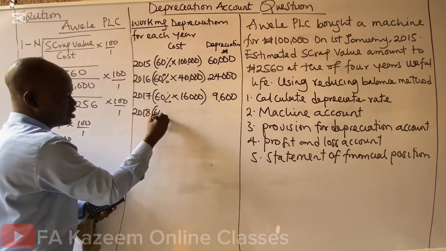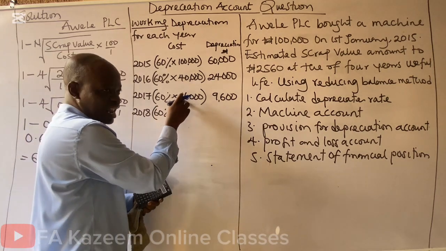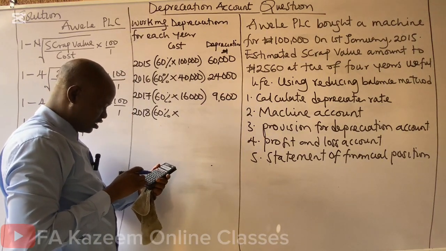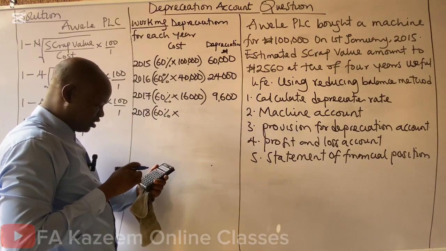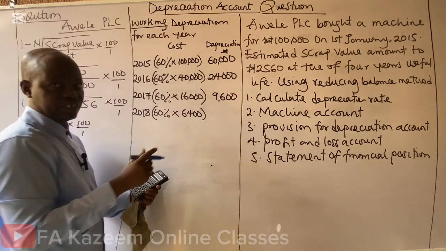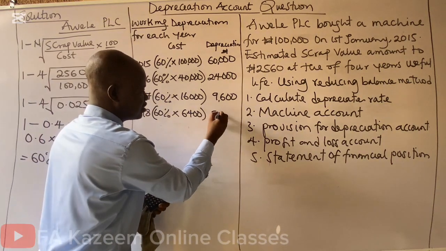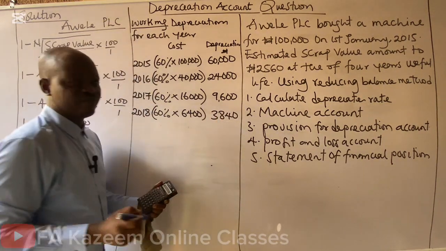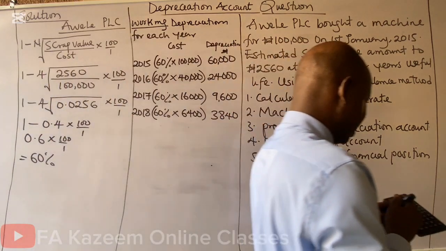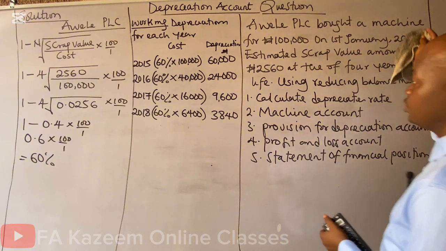In 2018, you also say 60%. How do you get the cost? Go to the last calculation, 16,000 minus 9,600, you have 6,400. You do 60% of it, that's your depreciation. That's 3,840. Now that we can determine depreciation for first year, second year, and fourth year,